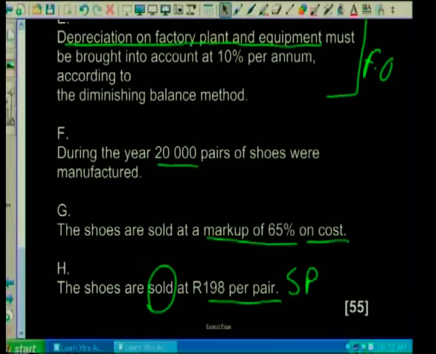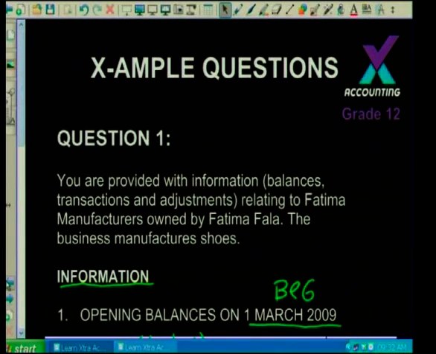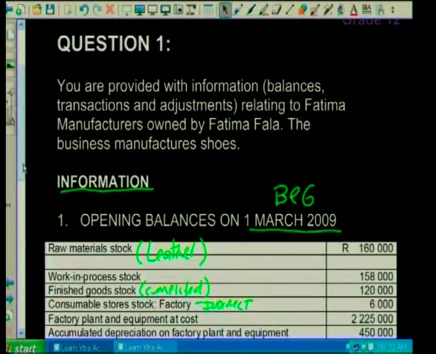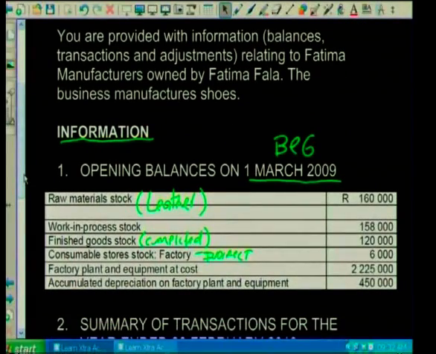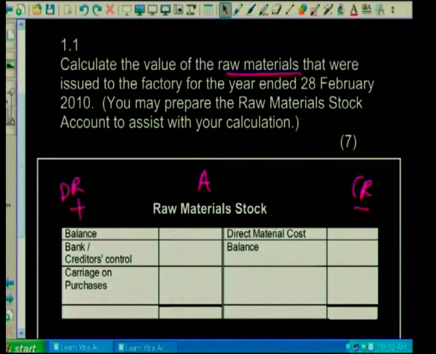So at the beginning of the year, let's bring down our opening balance. How much of raw materials did we have in the factory at the beginning of the year? So let's go to our info. And we're going to the information right at the beginning where we've got opening balances on the 1st of March 2009. So at the beginning of the year, we've got raw material stock worth 160,000. So let's take that information through. Our balance at the beginning of the year, an amount of,